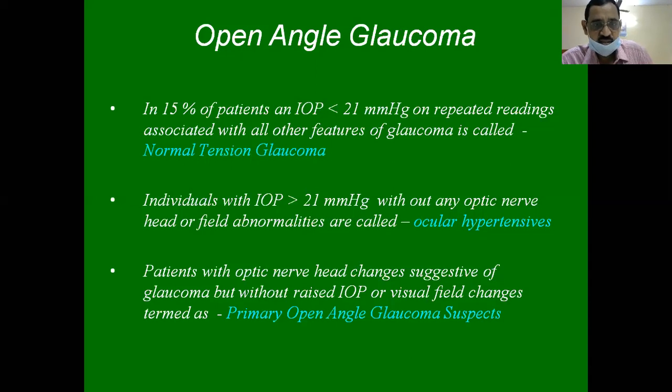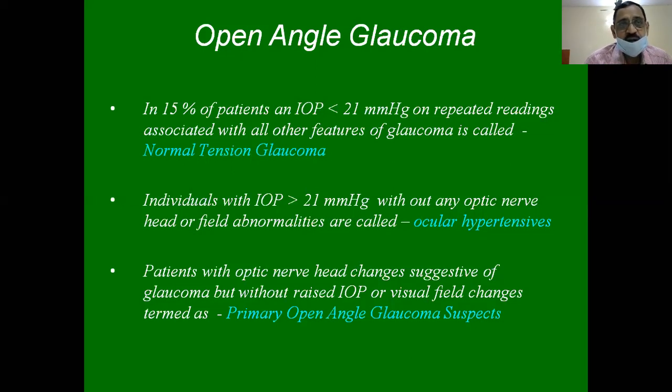Okay. So if you take the epidemiology of primary open-angle glaucoma, it affects 1 in 100 of the general population above 40 years, and 1/3 of all glaucomas are primary open-angle glaucomas. The prevalence in various ethnic groups is different, and in Europeans, Africans, and Hispanics, primary open-angle glaucoma is 5 times more common when compared to primary angle closure glaucoma.